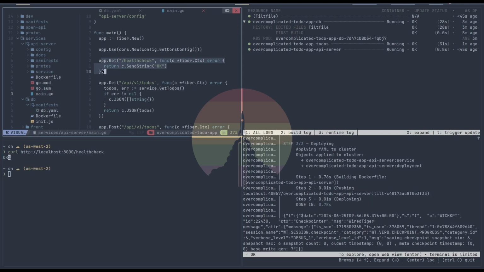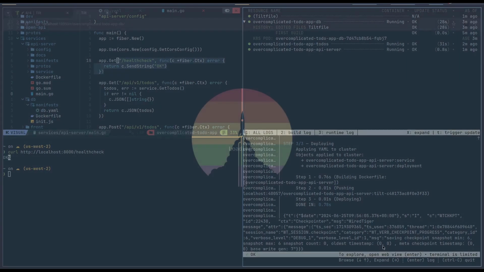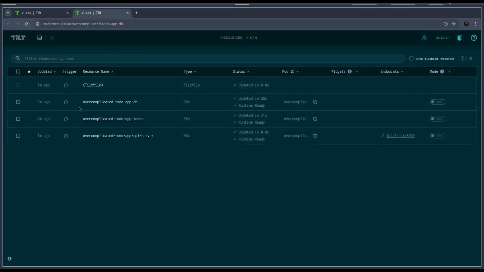Yep, it is working. Let's see the graphical interface. So what we need to do right now is just press enter, and that will open our